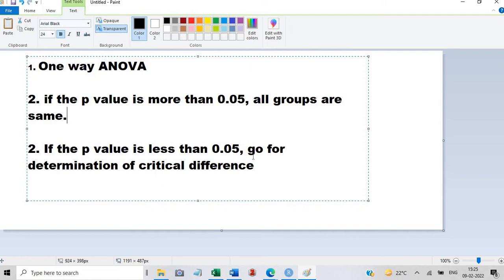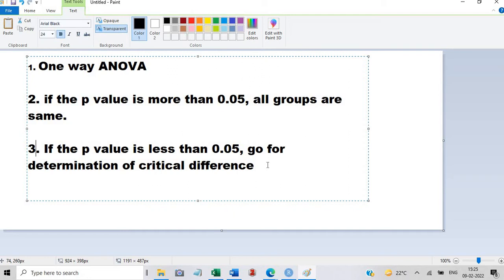This is the number 3. Once the number 3 situation comes, the difference exists among the groups. Now which two groups are different, you will not know. To know that, you will have to determine the critical difference.